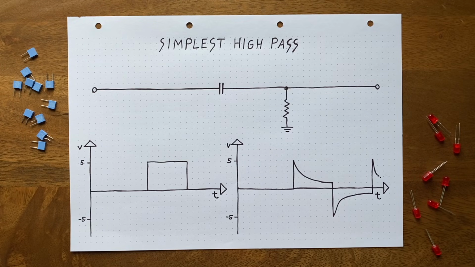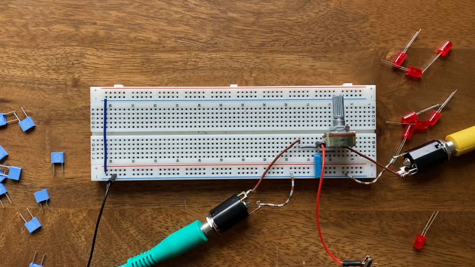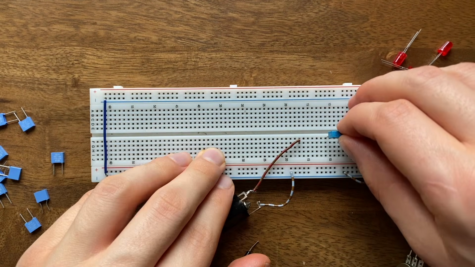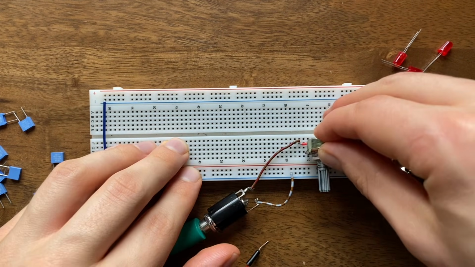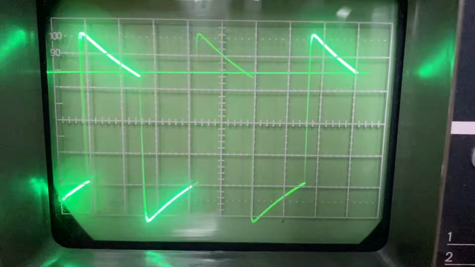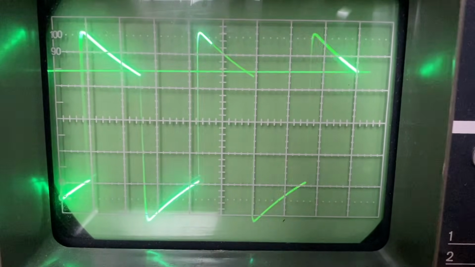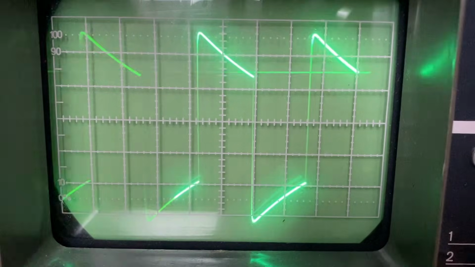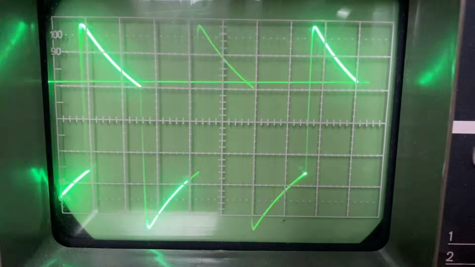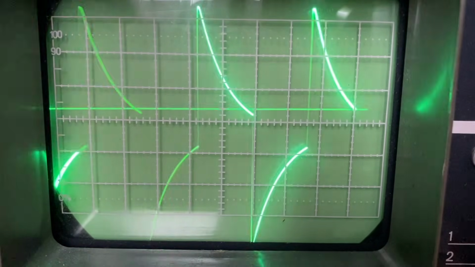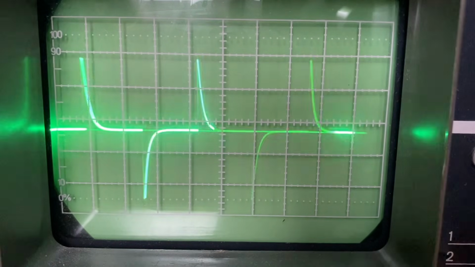To see if that's indeed the case, let's rework our low pass into a high pass filter. All we have to do is swap the capacitor and potentiometer's positions around. Right now, the filter is completely open. The wave just goes through largely unchanged. But as I dial down the resistance value, you can clearly see the wave getting spikier and the sound getting